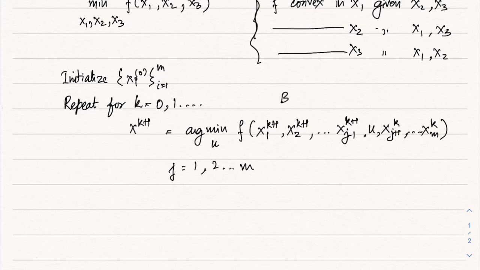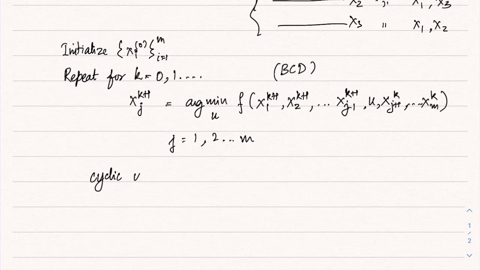And you can appreciate why this is x1 to x_(j-1) at k plus 1. So what we are doing is first minimizing with respect to x1, then whatever we get we now use it in place of x1. So x1 is now replaced with x1^(k+1), and then we minimize with respect to x2 and so on. So that is the basic idea here. So I should say this is x_j^(k+1) equal to this, right? And this step is repeated for all j, right?